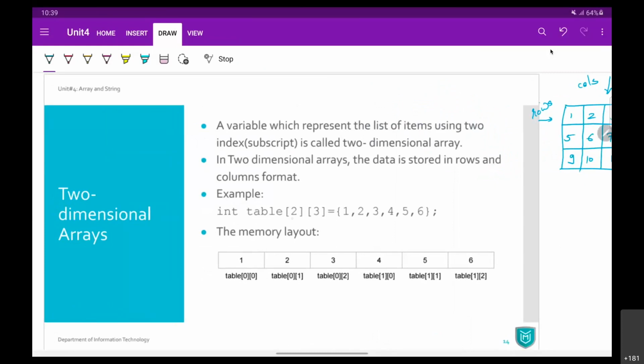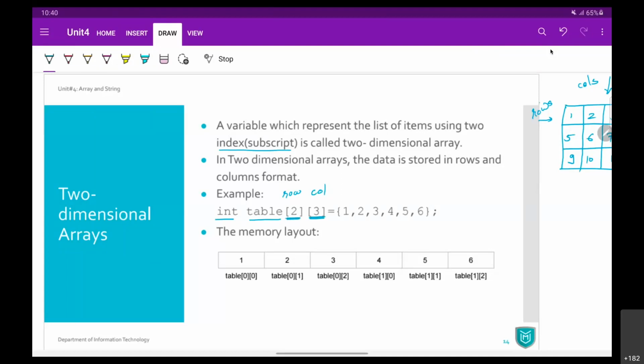So if you say that this is how you declare actually a table, that's the variable name having multiple elements of integer data type. And as long as this is a two-dimensional array, we need to have two subscripts. So the first subscript defines rows and the second subscript defines columns. Okay, row and column. So this says you are going to have two rows and each row will have three columns inside.